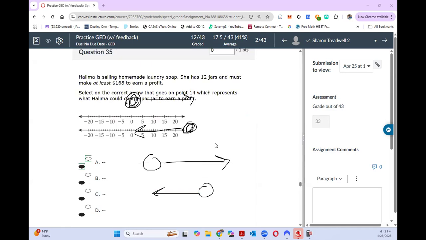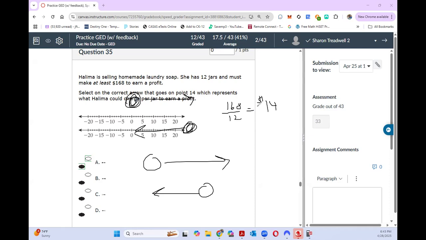She has 12 jars and must make at least 168. So that means you want your money greater than 168. She has 12 jars and must make at least $168 to earn a profit. So 168 divided by 12 is